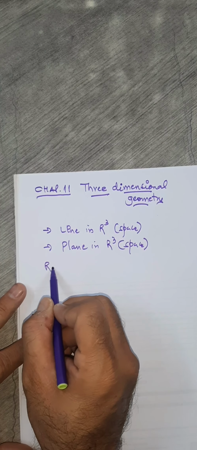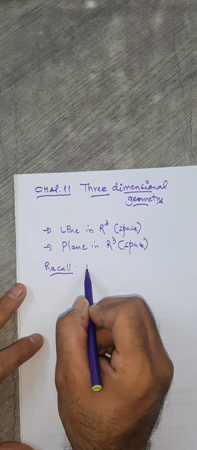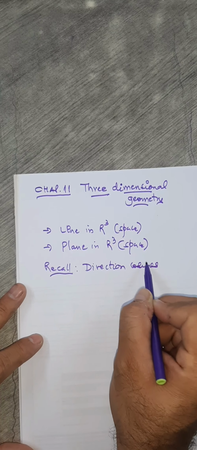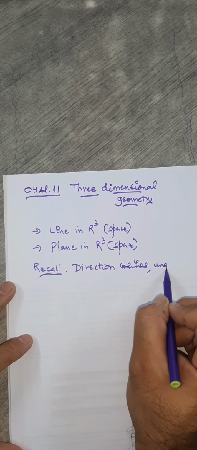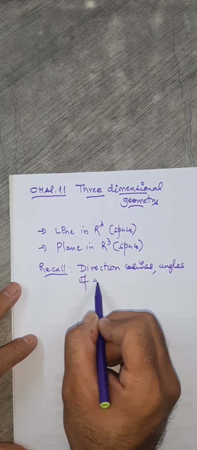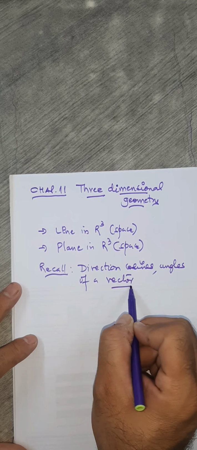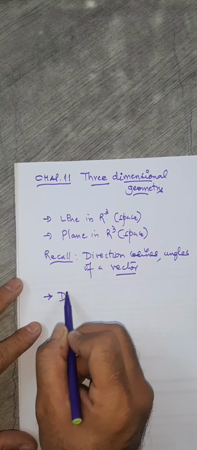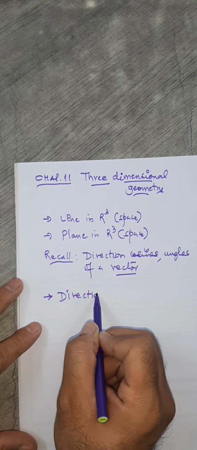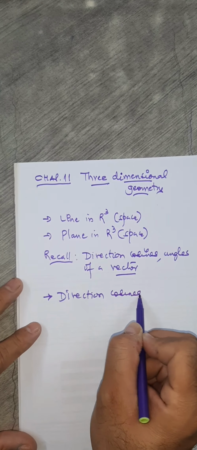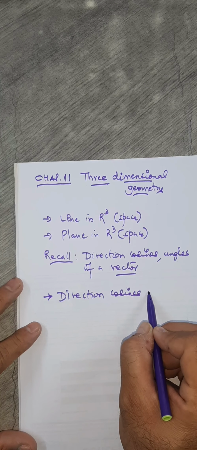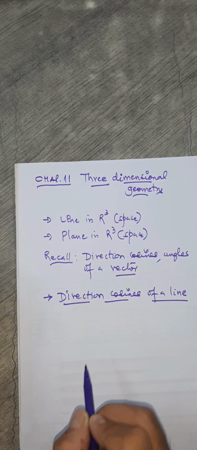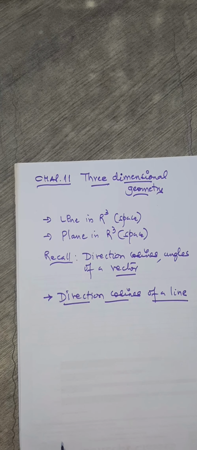Now, if you just recall, direction cosines and direction angles of a vector, that we did in the previous chapter. Now here, as the first point, we want to define direction cosines as well as angles of a line in R3, remember. So let's see this. The definition is more or less the same. So we start with